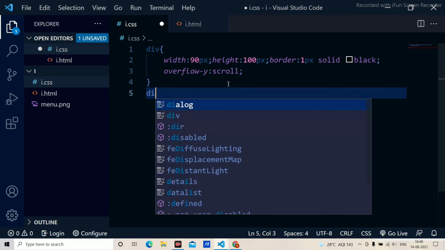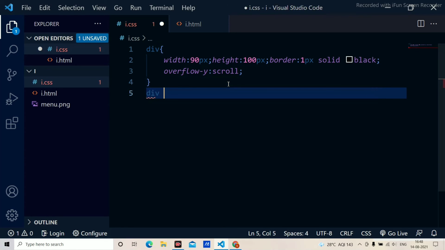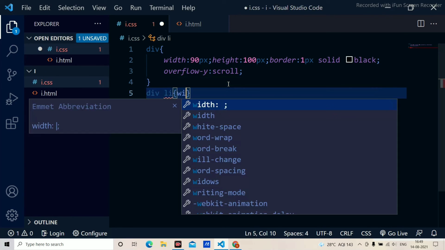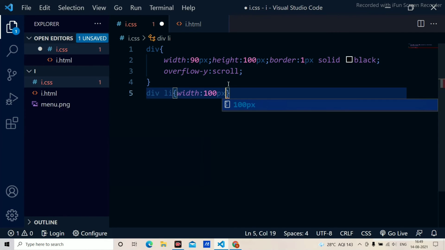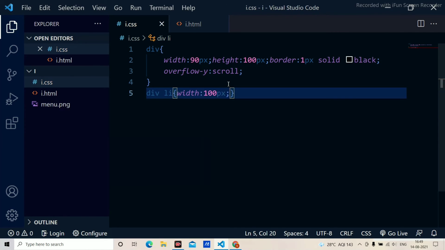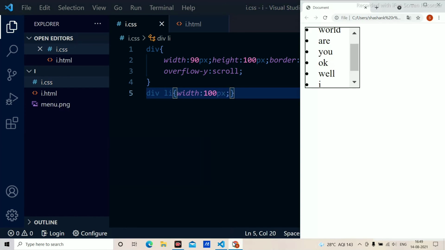If you want to use the same thing to scroll around the x-axis, I will show you how it works. I have to mention the div list width equal to 100 pixels, so that it exceeds. And here I have mentioned overflow y equal to scroll. I haven't mentioned overflow x equal to hidden. Therefore, it is showing both the scrolls.